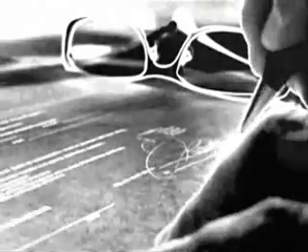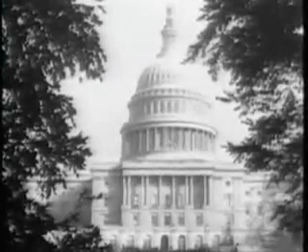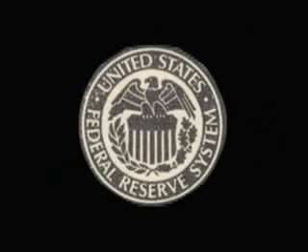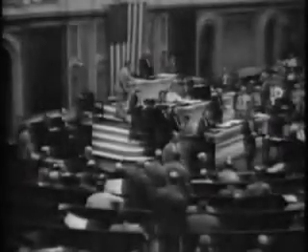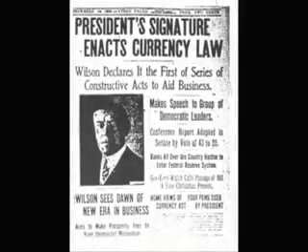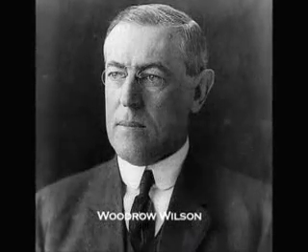This legislation was written by bankers, not lawmakers. This meeting was so secretive, so concealed from government and public knowledge, that the 10 or so figures who attended were told they could only use their first names in addressing each other. After this bill was constructed, it was then handed over to their political frontman, Senator Nelson Aldrich, to push through Congress. And in 1913, with heavy political sponsorship by the bankers, Woodrow Wilson became president, having already agreed to sign the Federal Reserve Act in exchange for campaign support. And 2 days before Christmas, when most of Congress was at home with their families, the Federal Reserve Act was voted in, and Wilson in turn made it law. Years later, Woodrow Wilson wrote, in regret,